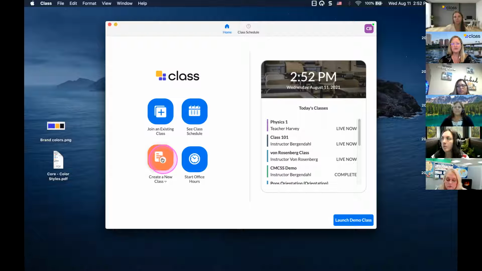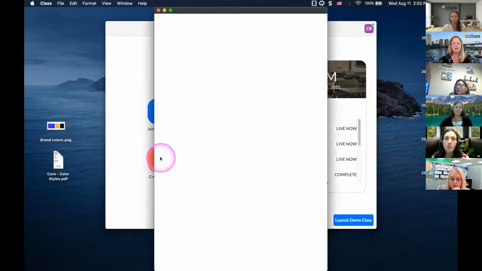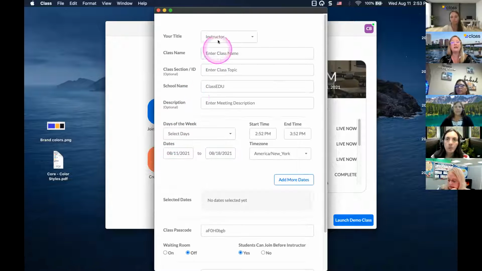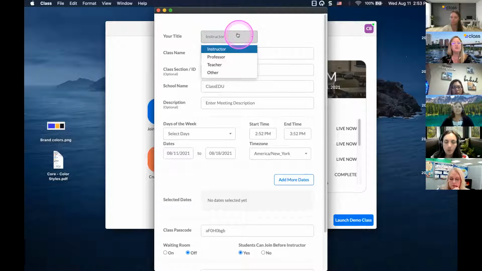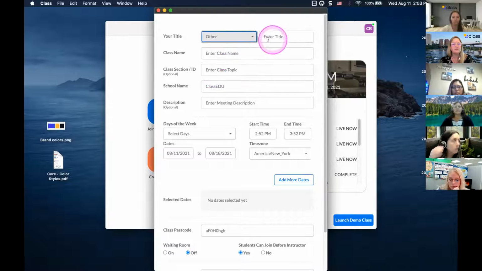So I'm going to show you how to create a new class. I'm going to click this orange button right here to create a new class. And you have a lot of options on this page. You can choose your title. So if you want to be teacher, instructor, or professor, you could also click other and put in a different